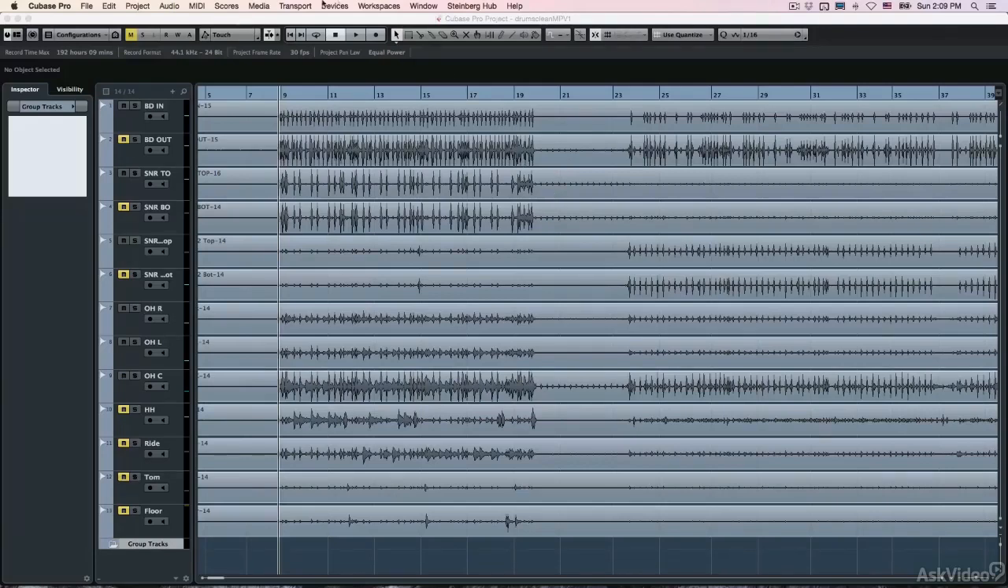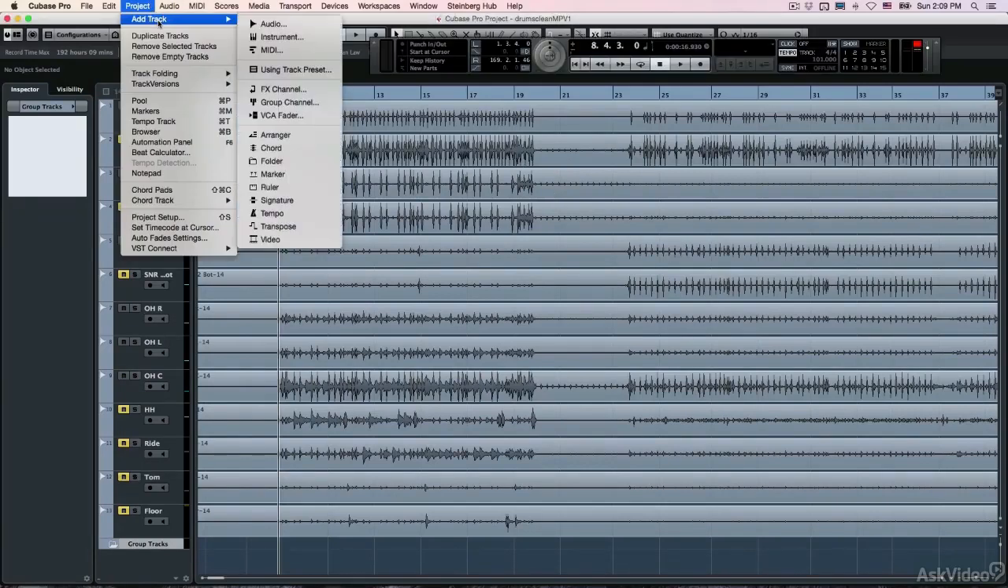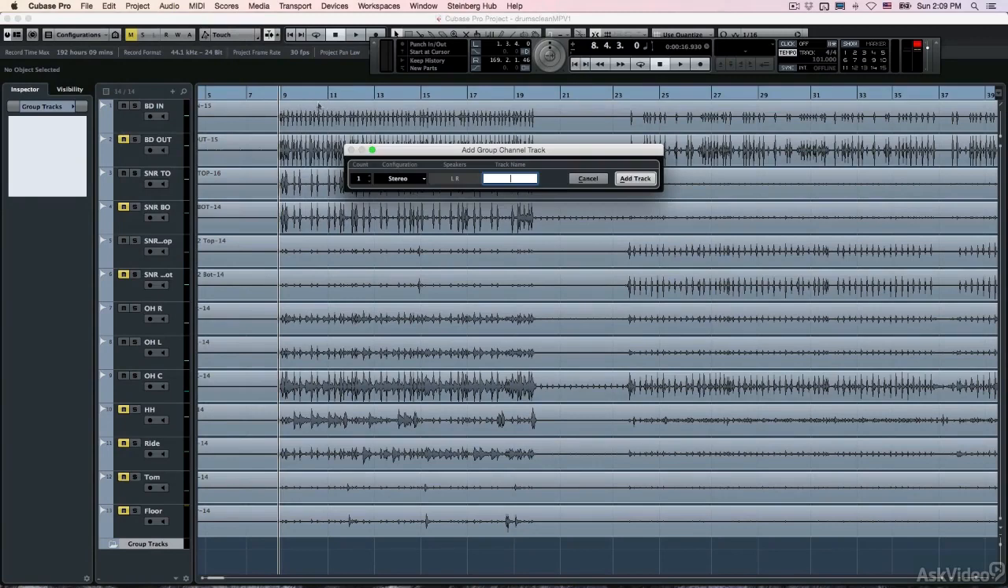Groups are basically just a bus that the audio goes through. They're just a submix, a way to mix all the tracks into this path, and then we can do all kinds of processing on that path. So in this case, I have all my drums, and the first option would be to route them all into a submix called drums. So what I'm going to do is go to Project, Add Track, Group Channel, and here